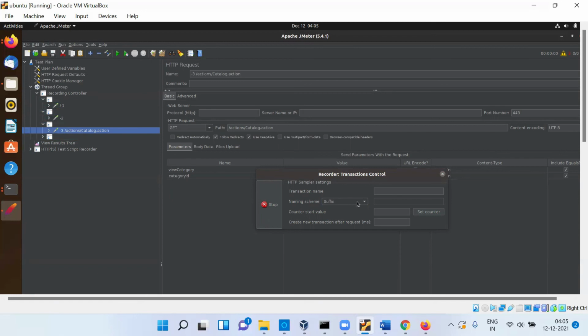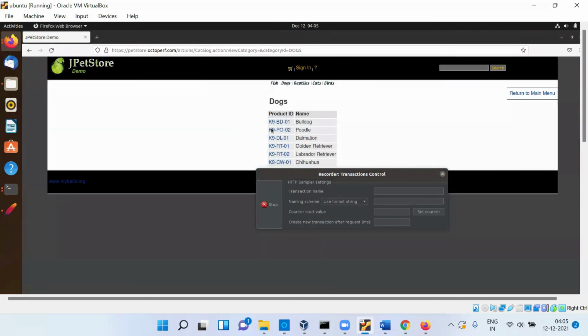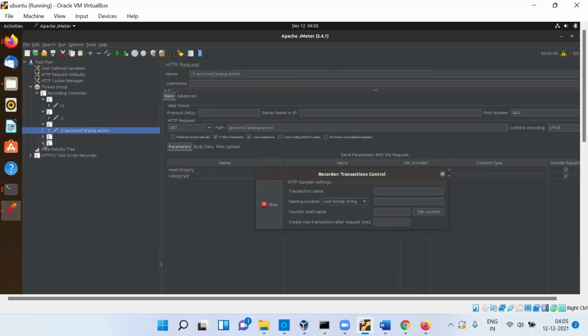If I again go back and select use format string and perform some operations, and go to JMeter, you can see this and this one are almost the same, with one open and close parenthesis added at the end of this HTTP request. But